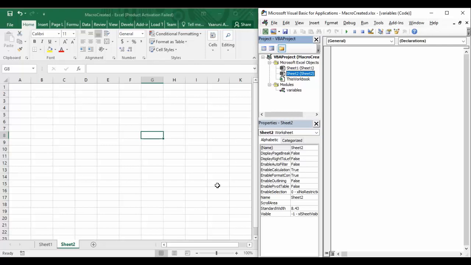The reason why we are focusing so much on this is because variables are used extensively everywhere in any programming language. And this time we are having VBA, which is going to use variables extensively in the upcoming lessons as well. So it is better to have a clear understanding of the concept. So let's start with our video.